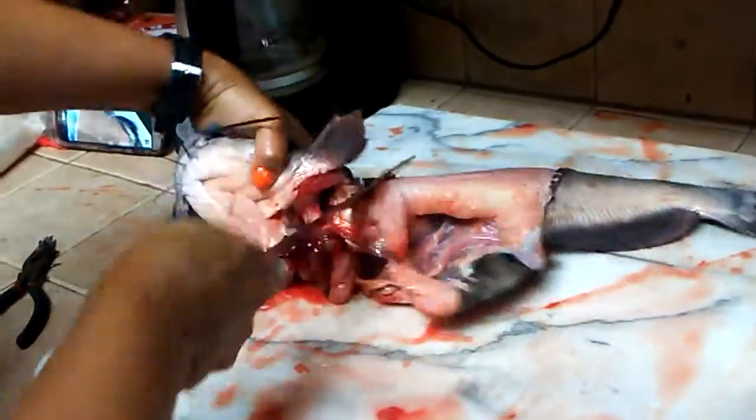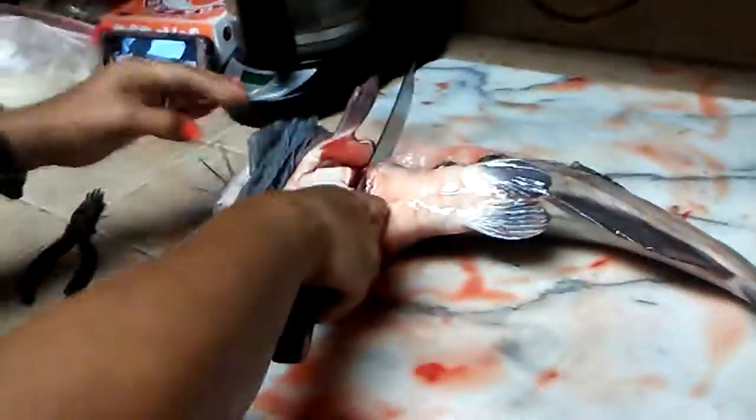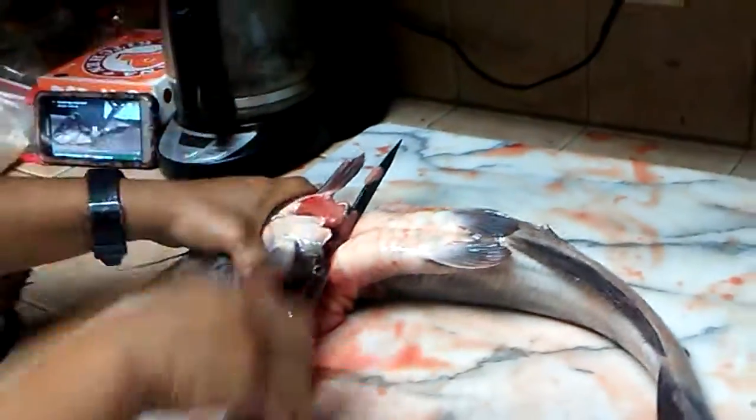Dang it, this is harder than we thought. Oh, what you thought, and I wasn't doing it. I was just scaling the fish. Kai, stop touching it. This is already going too far. Kai, stop! I'm serious. You're messing with my fish. Well, I still have to record this because...